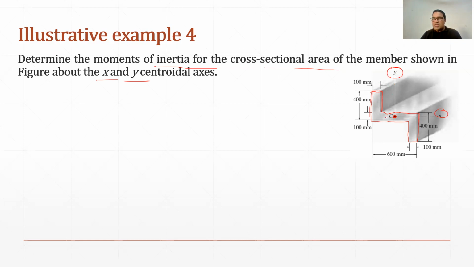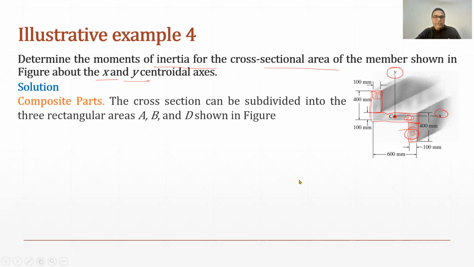And you can see this area can be divided into three rectangles. So one rectangle can be this one, second rectangle can be this one, and the third rectangle can be this one. Sorry. So here we will find out moment of inertia of each rectangle one by one about x-axis and y-axis. So in the common areas formula, I have shown you the moment of inertia of rectangle about x-axis and y-axis passing through the centroid. So that will help us in determining moment of inertia of this composite area.